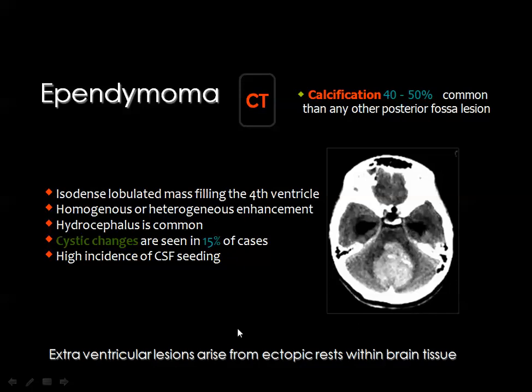And because of its strategic location being centered to the fourth ventricle, the CSF flow will be obstructed, and the patient usually has supratentorial hydrocephalic changes. And this is one of the well-known lesions that can spread by CSF. Then you can see CSF seeding within the supratentorial extraaxial CSF spaces. Some of the cystic changes can be seen in the tumor in the range of 15%